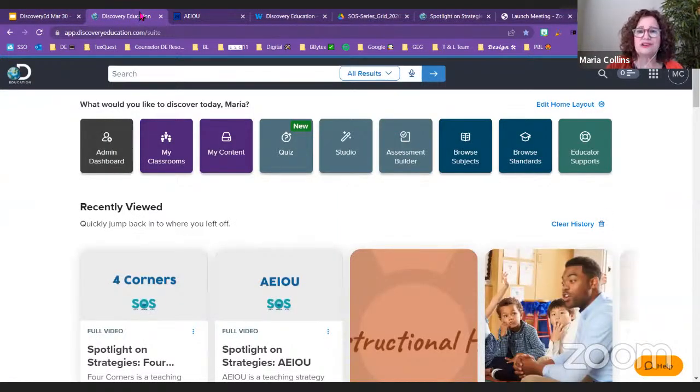Okay, well, I have one more little trivia. How many different resource types, and Discovery actually calls it asset types. How many different asset types do you think you can find in Discovery Education? So like video would actually count as 2, because they'll say like video segment, other things. Let's see if somebody can guess it.